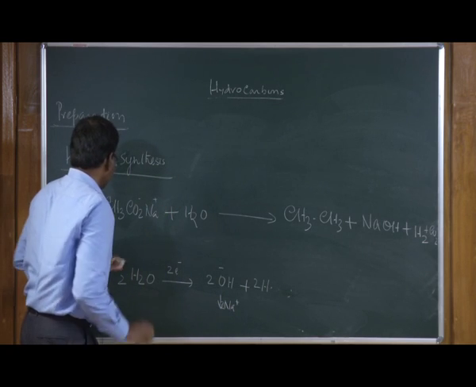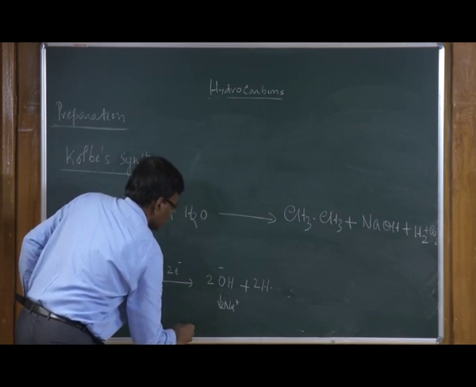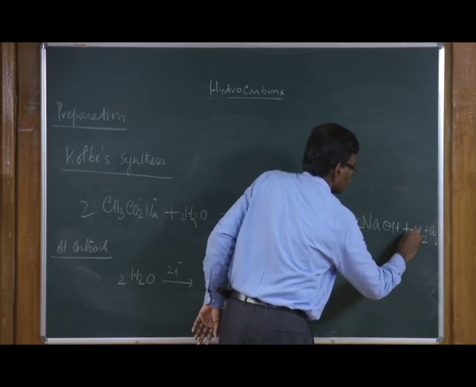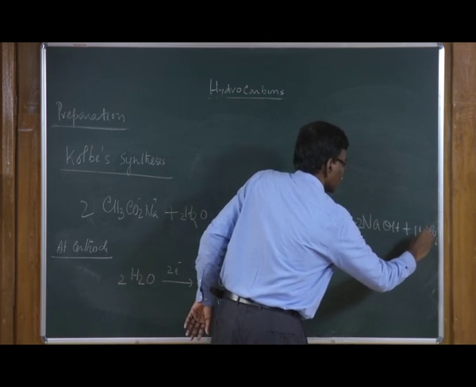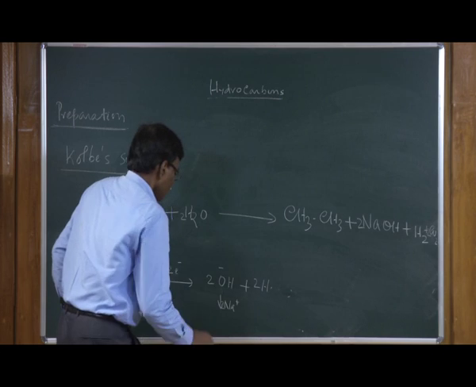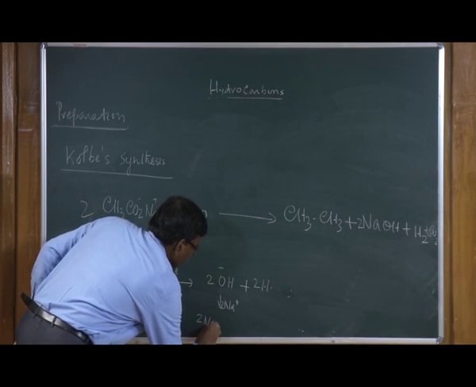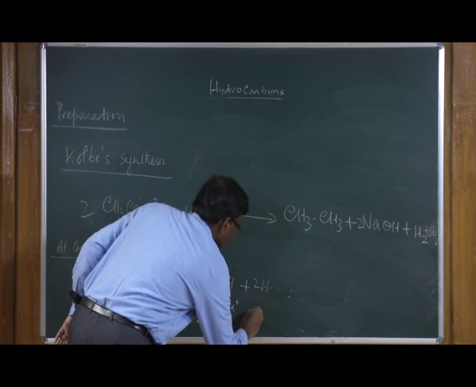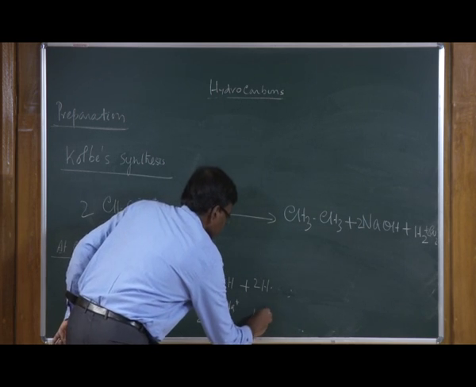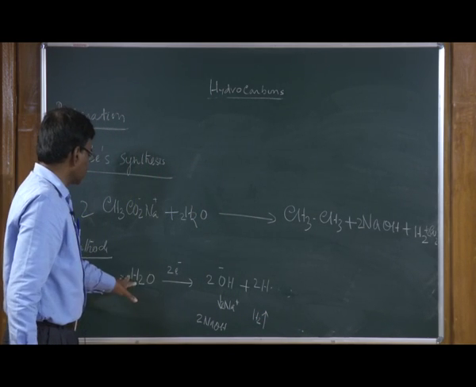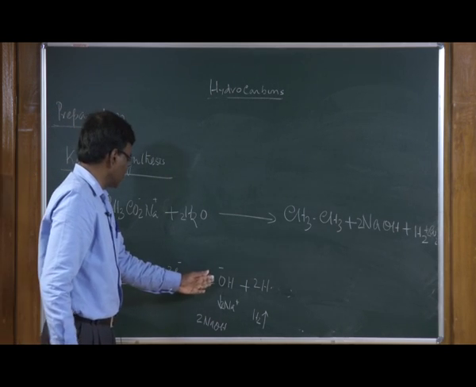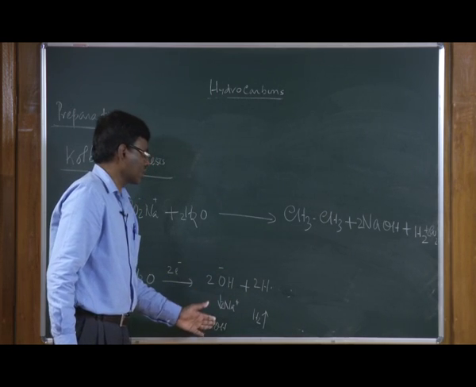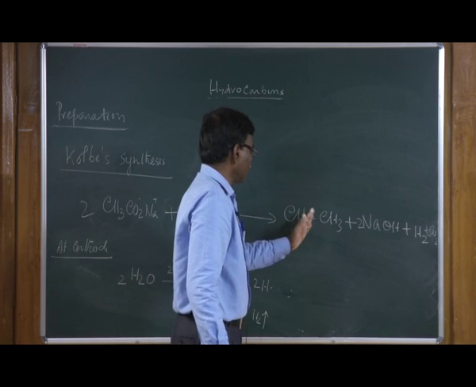Take 2 molecules of this, and the 2 H dots can combine together and you generate H2. So, at the cathode, it takes these 2 electrons, reduces the water, and it is converted into hydrogen gas and sodium hydroxide. At the anode you generate the alkane and